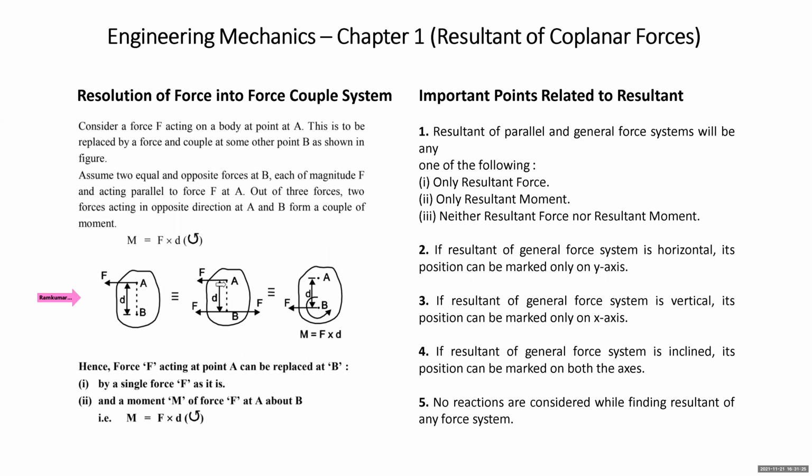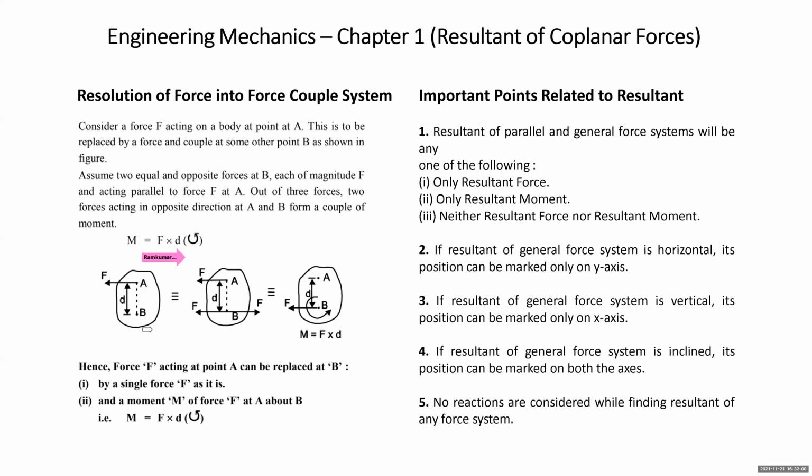Now to understand that, come to the second diagram. In the second diagram, students, what I have done, you see that F at A is as it is. At point B, I took the same F that is there at A, and I took it also in the opposite direction. So what is happening with that? This F and this F will balance each other, will nullify each other. So still I can say that the force system acting in the first diagram as well as in the second diagram will be the same only or not. I again repeat that on this first diagram, force F is applied at A.